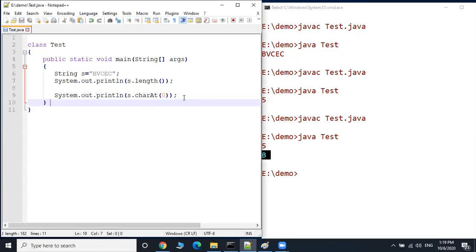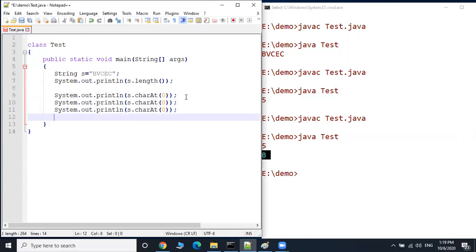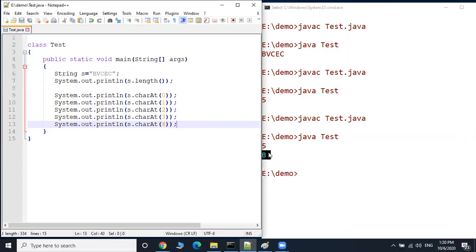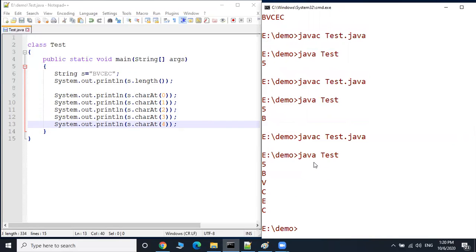B. Similarly you can return the characters at the first, second, third and fourth locations. Length is 5. This is 0, this is 1, this is 2, this is 3, this is 4.